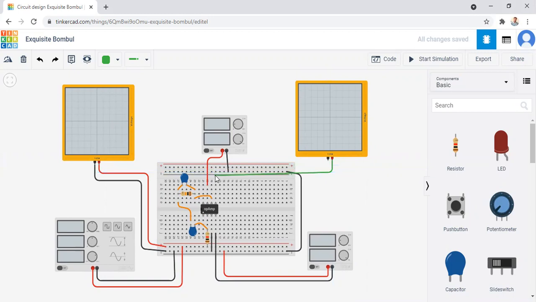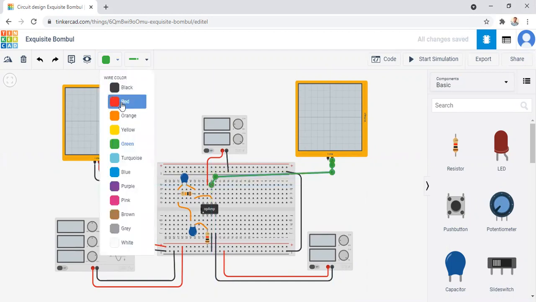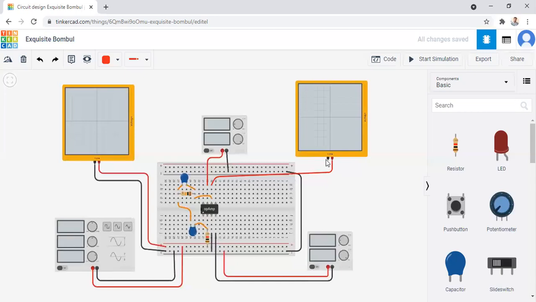Okay, so here this wire is connected to the 6th number pin and giving the color to the wire red, and this wire we connect to the ground, right, and giving the color to this wire black.